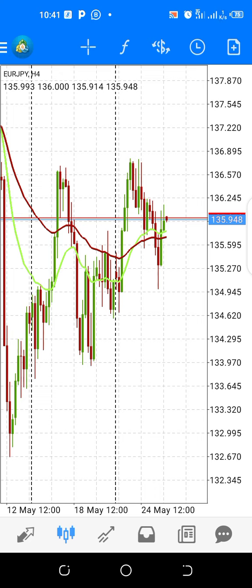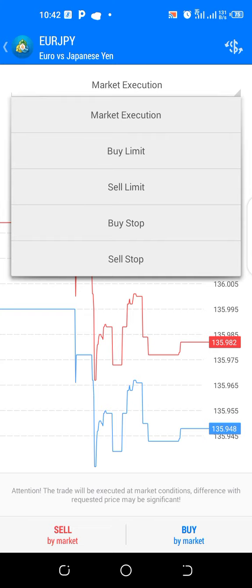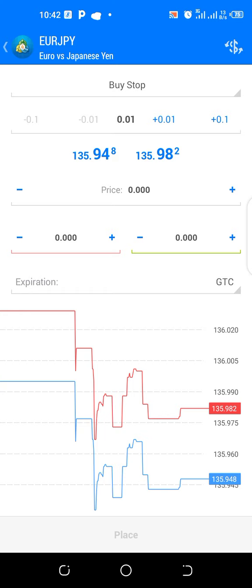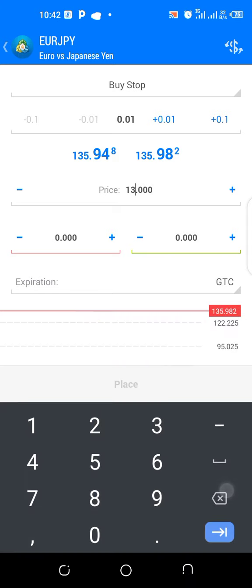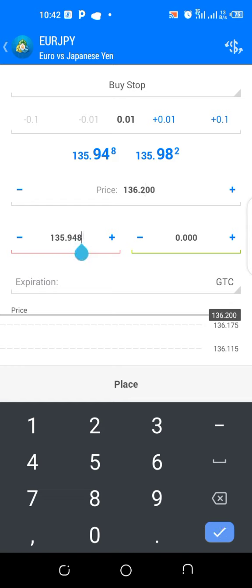Let's say there's a signal on JPY telling us to initiate a buy stop. That's a pending order. All we have to do is click on this plus sign. In every pending order there is an entry price. Click on market execution, click on buy stop, and you see the price. This is the point where you have to input the entry price. So let's assume the entry price is 136.200, and our stop loss is going to be